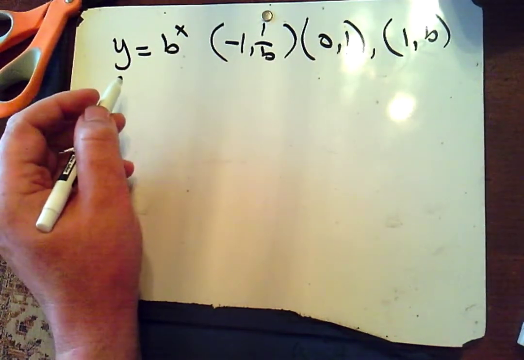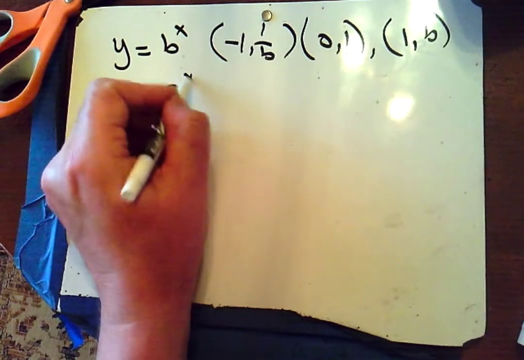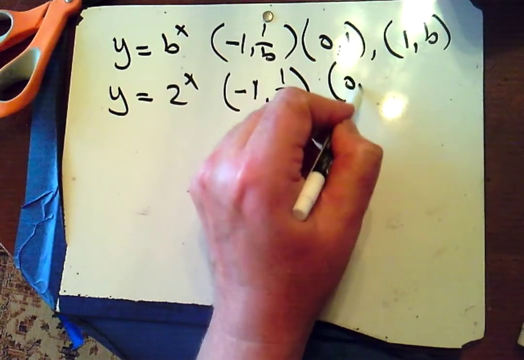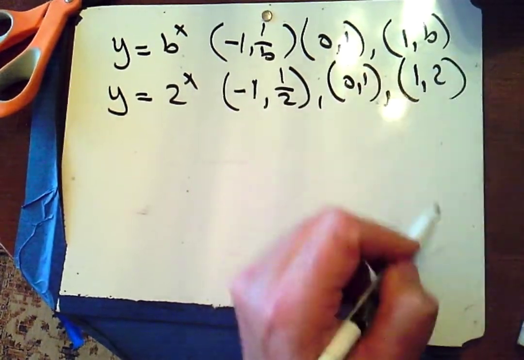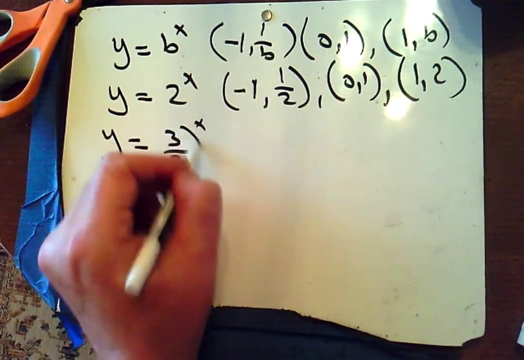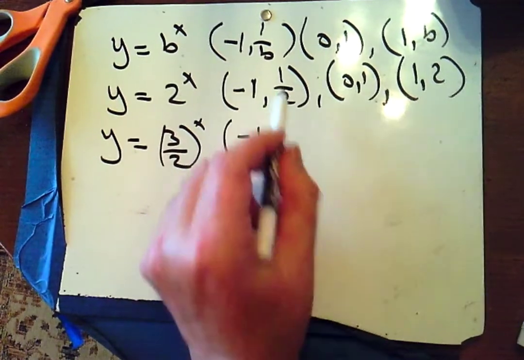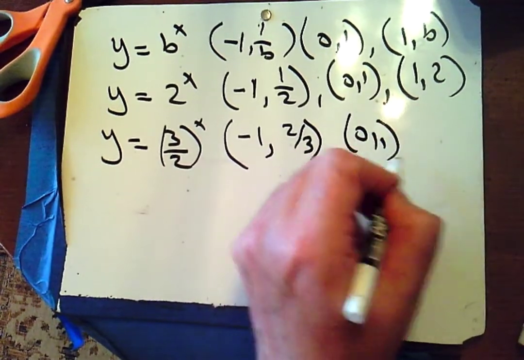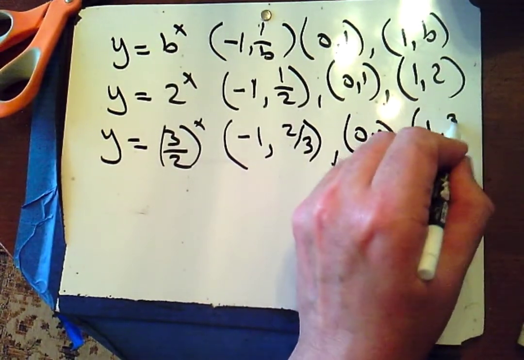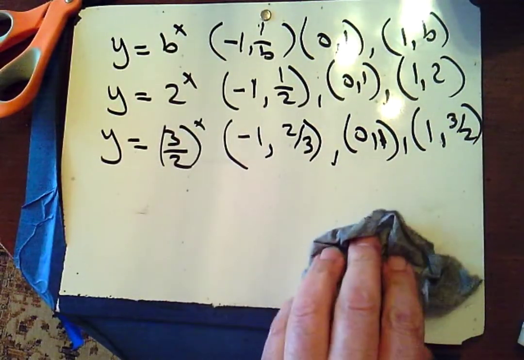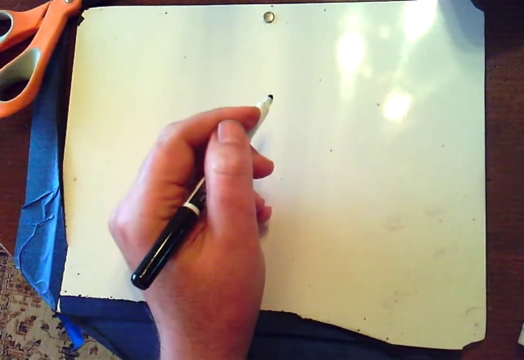So let's think about what y equals 2 to the x would be. That would be -1, 1 over 2, 0, 1, and 1, 2. Or if I had y equals 3/2 to the x, I would have -1, 1 over 3/2, which is 2/3, 0, 1, and 1, 3/2. Okay, so with this reference graph in mind, let's take a look at applying our transformations to some exponential